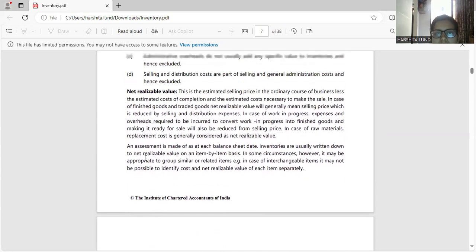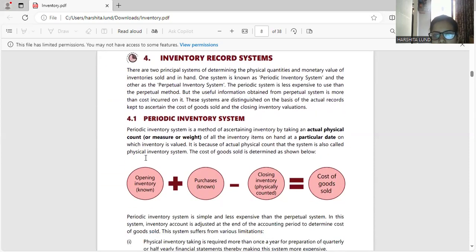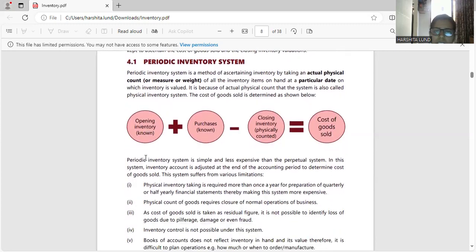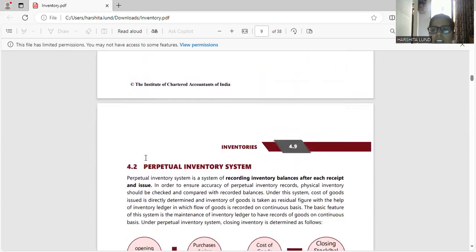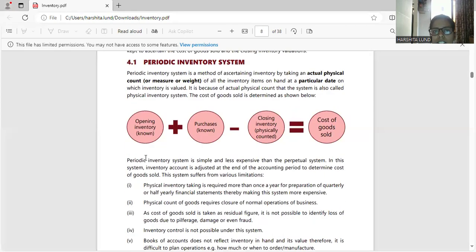And again here, how the net realizable value is calculated is explained. There are two types of inventory valuation system: one is the periodic inventory system, and the second is the perpetual inventory system. In the periodic inventory system, we count the inventory at a certain date. This method is useful when businesses count the actual inventory in